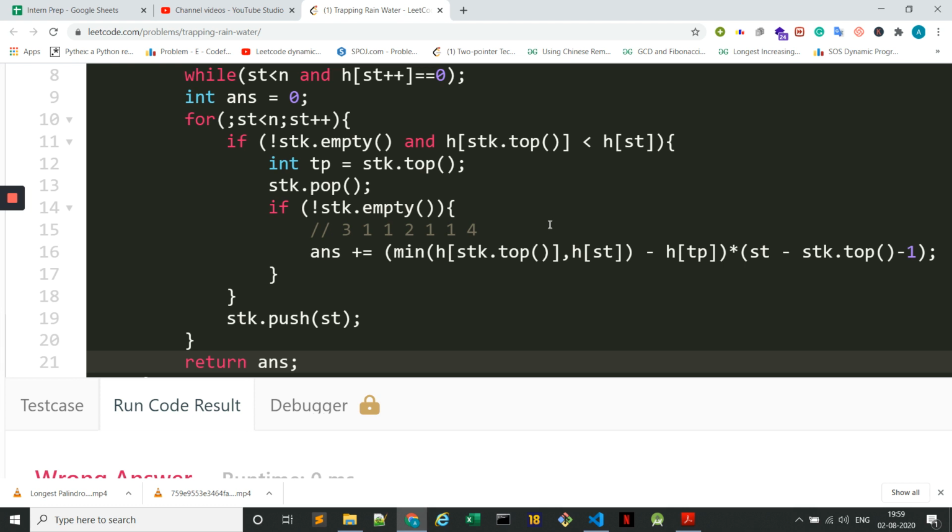So once we have computed this answer, we can also